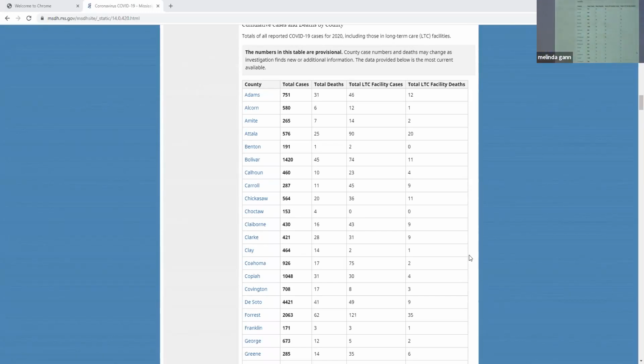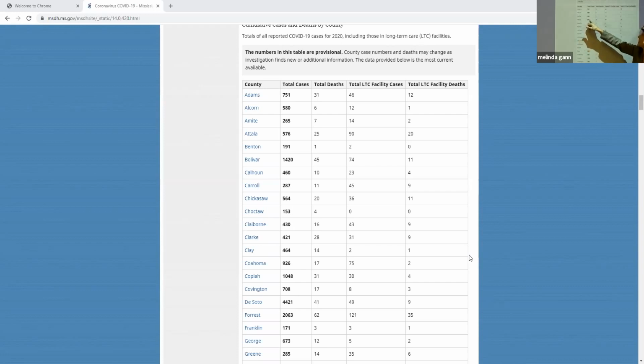All right, people on Zoom, give me a thumbs up. Can y'all see that table? Y'all good? All right, now I want y'all to notice. These are the numbers for the total cases in the counties in Mississippi. Like as of today, Adams has 751 cases of COVID since they started counting in March. Okay? If you jump down here, you can start looking. My parents live in Talbot County. I have relatives that are part of that 576. My parents and my brother are three of those numbers.